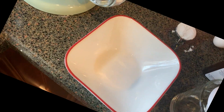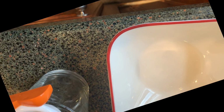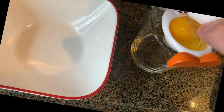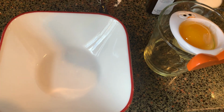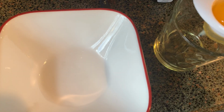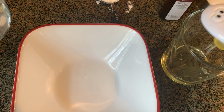Okay, so this recipe calls for 4 egg yolks. So the way I'm gonna do that is, I got this little cool egg separator guy. So you just crack an egg. Like I'm super fancy, I can do it with one hand. Okay. Separate that. And you just lift this little guy up, give it a little jiggle. And it gets rid of,